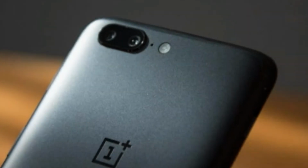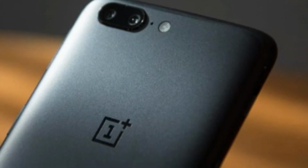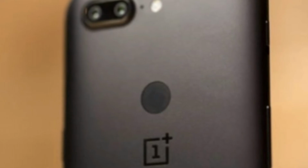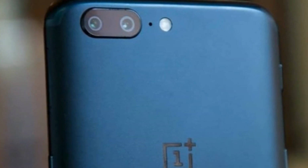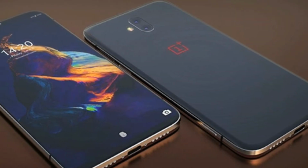OnePlus 6 speculation is slowly revving up. Someone on Weibo today leaked what could be the phone's actual specs and pricing details, and they indicate OnePlus' next phone could have some very high-end specs. This leaker says the OnePlus 6 will feature a 6.2-inch display, a Snapdragon 845 processor, and 8GB of RAM with